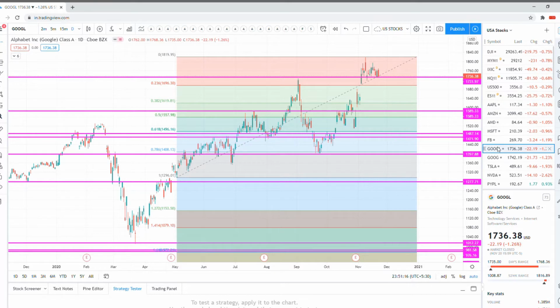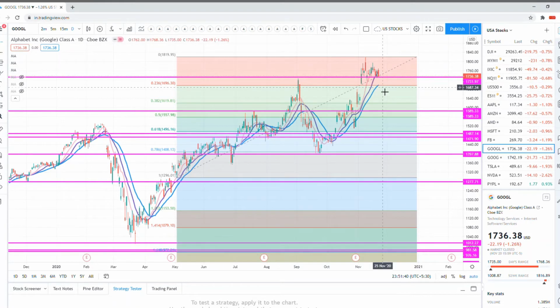Okay, guys, now let's see how the moving averages are going to work in Alphabet Class A. This is the 8-day moving average, and this is the 20-day moving average. This is the 13-day moving average, the purple one. The pink one is 8-day, and blue is 20-day. So these are pretty small moving averages,